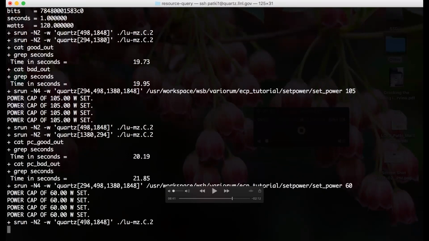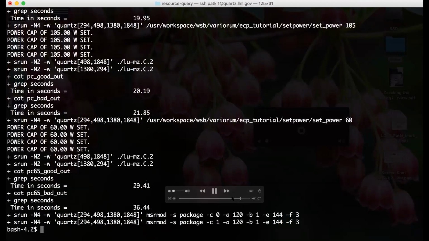So if the application was spread over the good and the bad nodes, you would be limited by the performance of the bad nodes in this particular case. Because if you had an MPI application spread across these, then the slower set of nodes would be a barrier. And let's finally look at what happens if you set the power cap to 60 watts. And that's been set here. Let's move on to look at the actual time difference. Here you can see that this is a more significant difference. It goes from 29 seconds to 36 seconds, right? So the good nodes are performing almost 7 seconds faster at that particular power cap than the bad ones, and